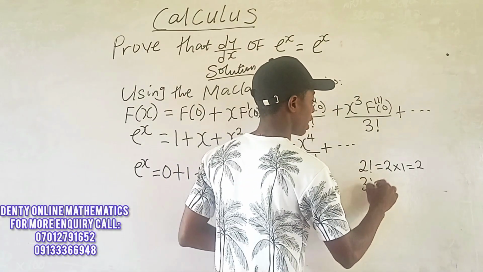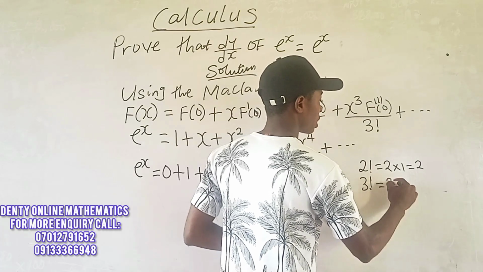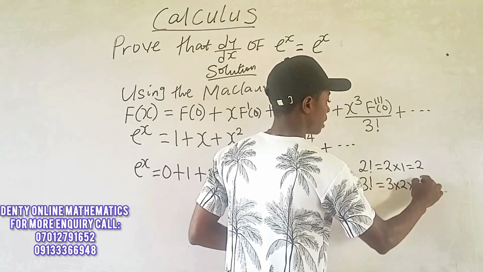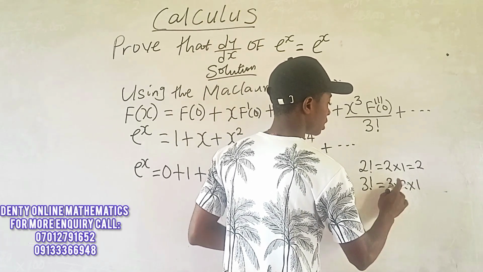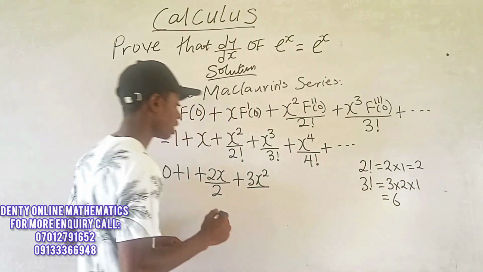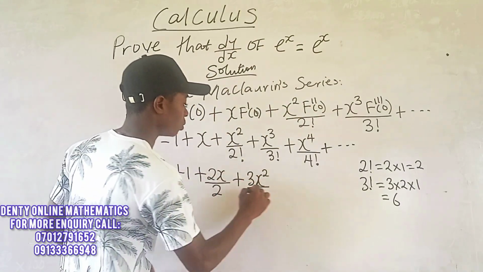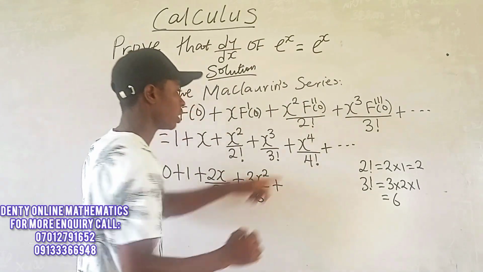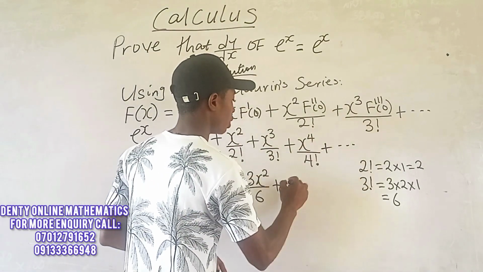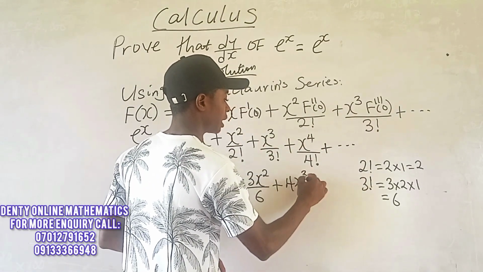Now 3 factorial means 3 times 2 times 1, which is what? 6. Because 3 times 2 is 6 and 6 times 1 is 6. So 3 factorial here will be 6. Now plus x power 4, if you differentiate x power 4, we're going to have 4x power 3 all